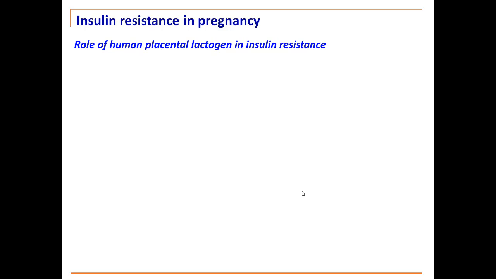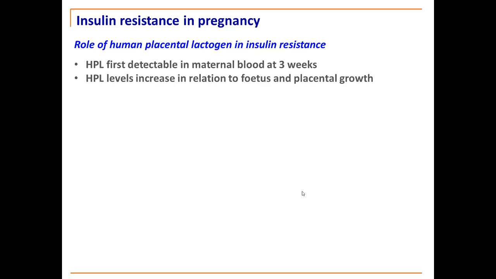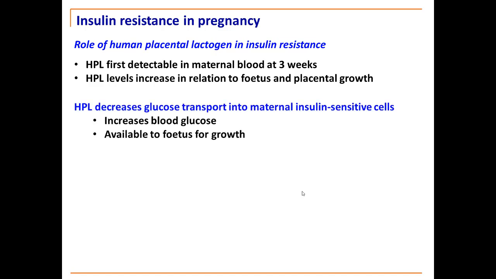What about the role of HPL, human placental lactogen, in insulin resistance? Well, HPL is first detected in maternal blood at around 3 weeks. HPL levels increase in relation to the fetal and placental growth, and it has some very important roles. It decreases glucose transport into those maternal insulin-sensitive cells, therefore increasing blood glucose levels, which allows the glucose to be